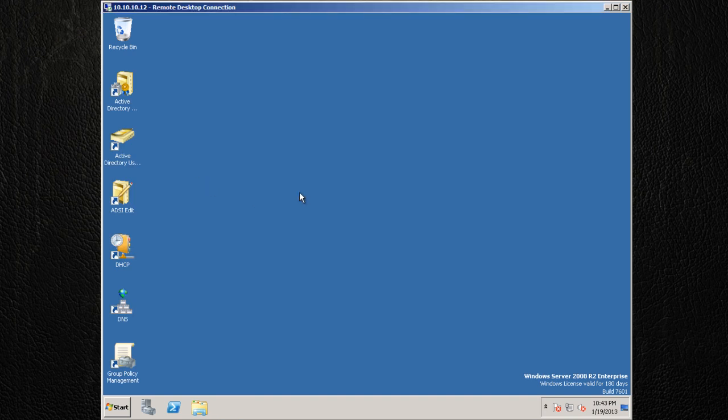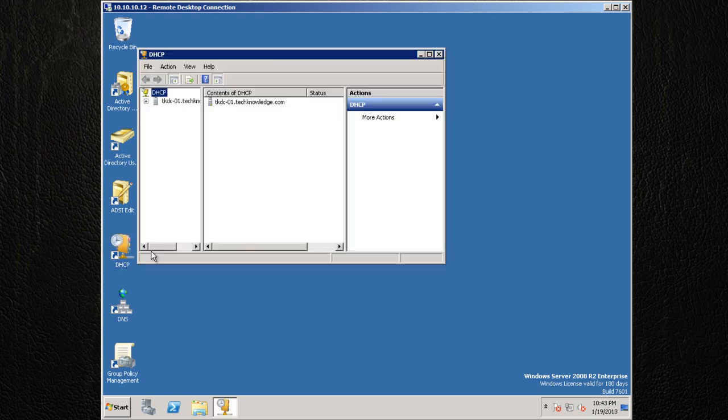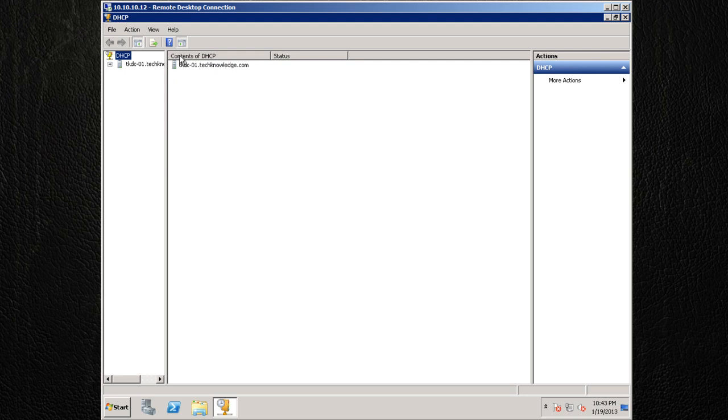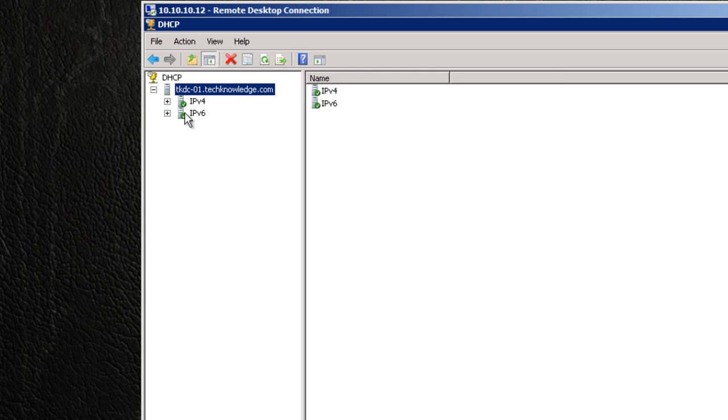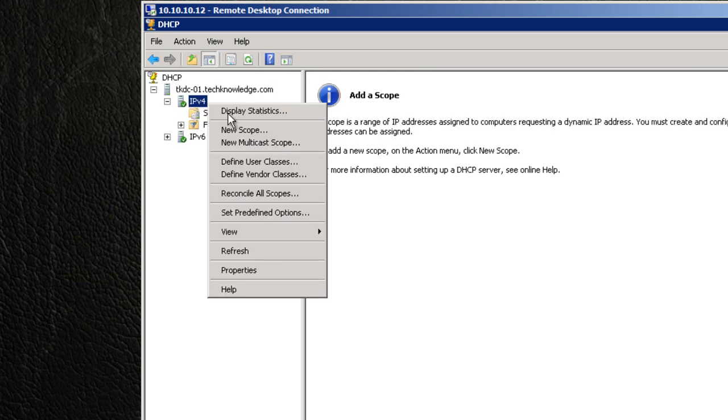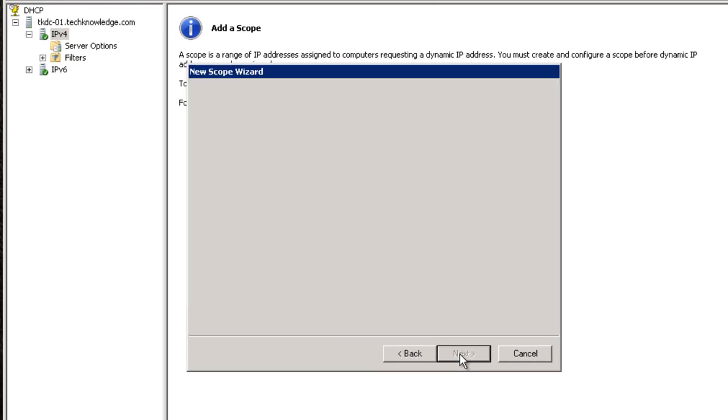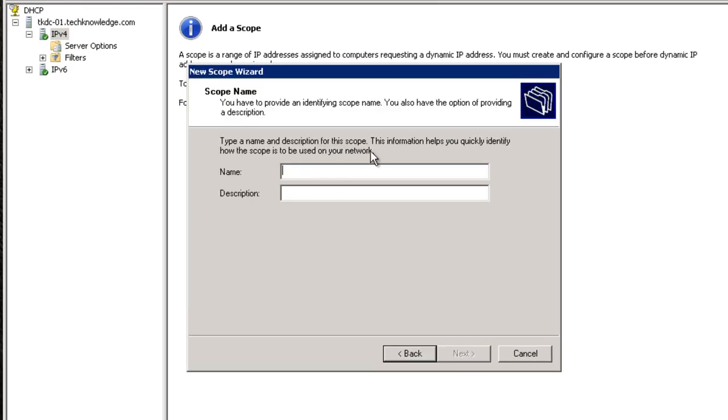Alright, so what we're doing, we're going to do our DHCP scope here. So just open up DHCP. I removed this right pane here, and what we're going to do now is just set it up. So click on your domain here, domain node, click on IP version 4, and you're going to want to right click and configure a new scope. Next here, and what we're going to call this, so you have provided scope name, so we're going to just call it tech knowledge. And hit next,